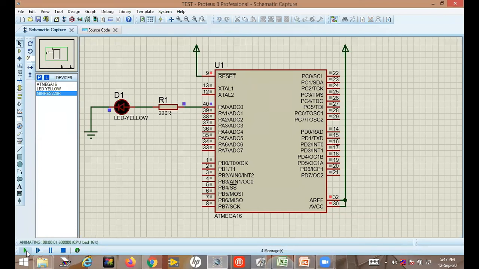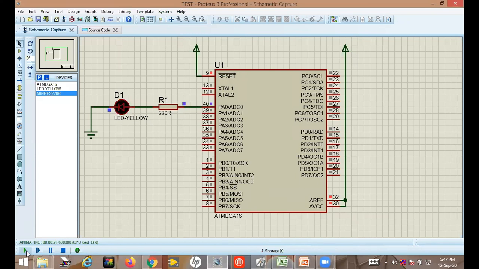Now what is happening? Is this LED blinking or not? Because you have written the code only to blink this LED. So this is the way you can write your embedded system code and design your schematic. After that, run the simulation, and if you are getting the expected result, then it is okay. If you are not getting the expected result, then modify your code and modify your schematic.